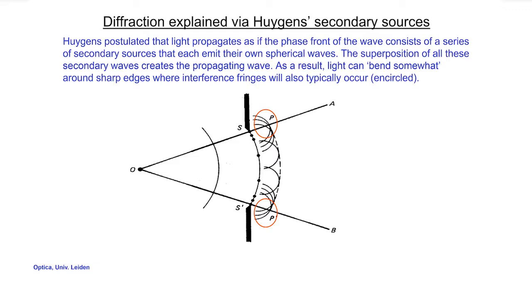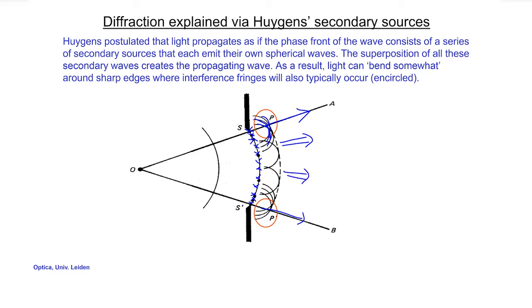The origin of diffraction is best understood by using the concept of secondary sources introduced by Huygens. So, using secondary sources, you can envision the propagation of a wave incident on a slit as being due to a lot of secondary sources on the wave front of the wave. Each of these secondary sources emits its own circular wave, and it's the interference between all these waves that results in the propagation